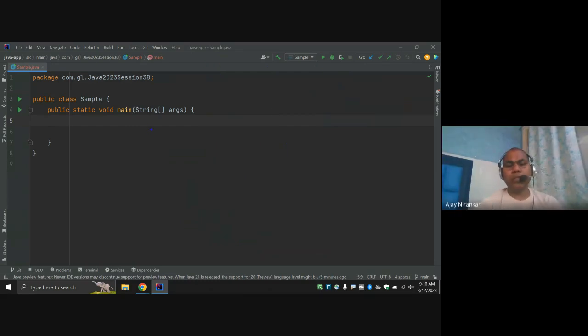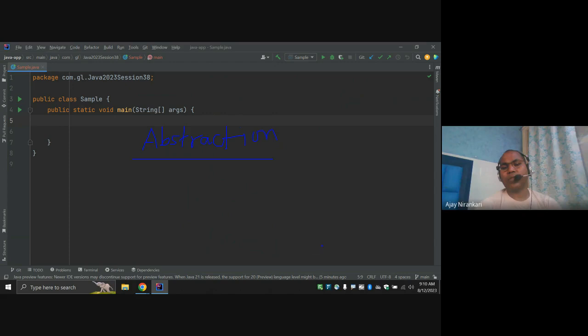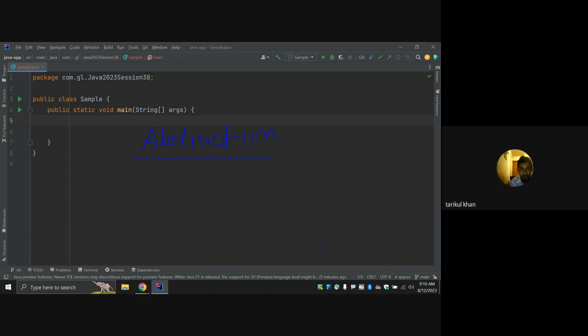Abstraction. This is a very general term, and as a student, in college life, we have heard this word many times. Abstraction. So can you just think literally what the meaning of abstraction is? Abstraction means